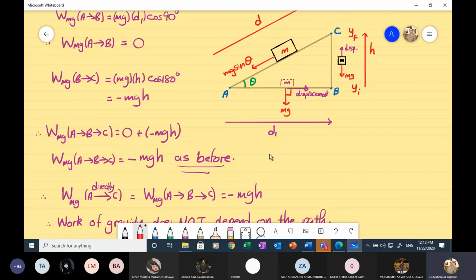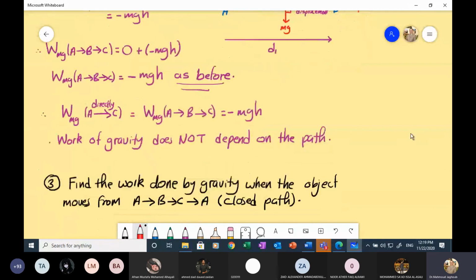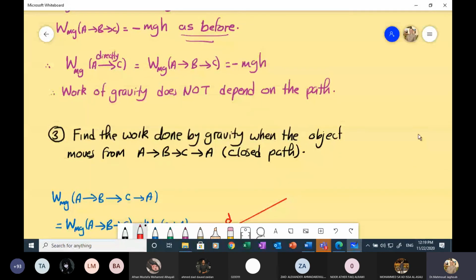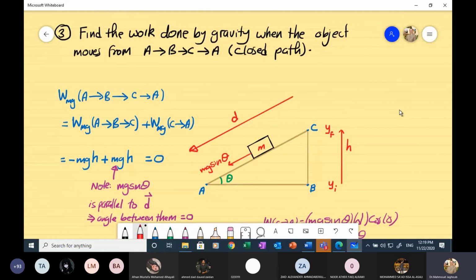Even if you go like this, the same amount of work will be done. Why? Because the force of gravity is a conservative force. So we have proved property number 1, which is that the work done by the force of gravity does not depend on the path. Now let us prove the next one,